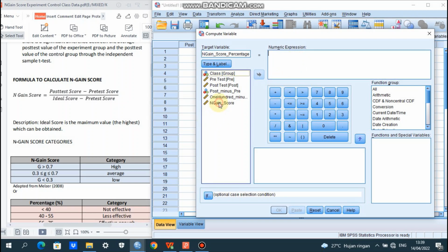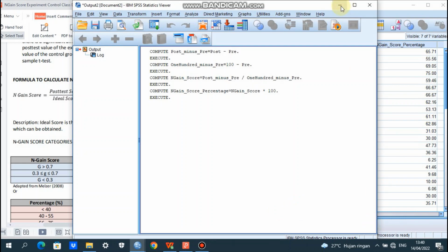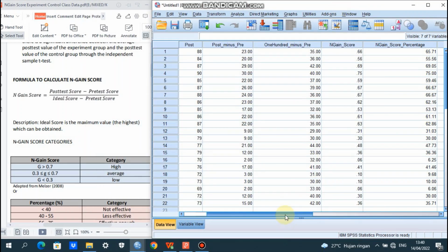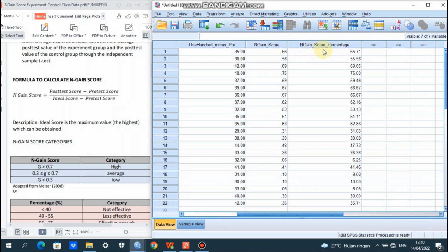N-gain score here. In the dialog box type and label on the left, we send it to numeric expressions on the right dialog box. And then here times 100, and then we click OK. We check whether the variable is already there, N-gain score percentage we have here, and then